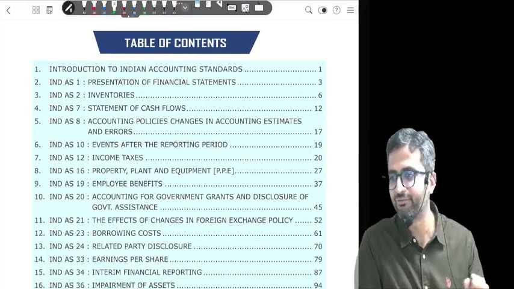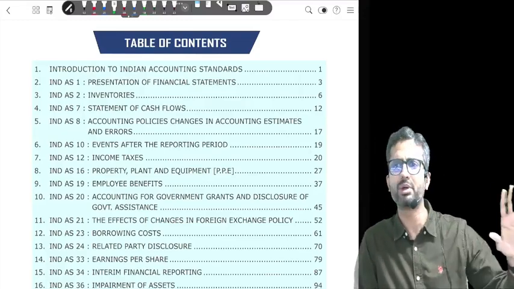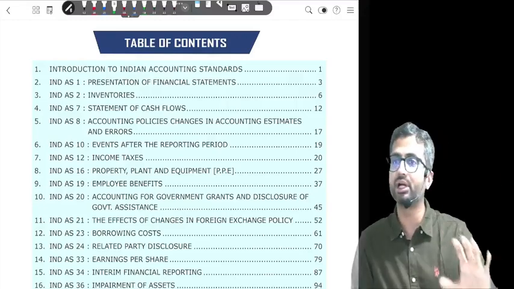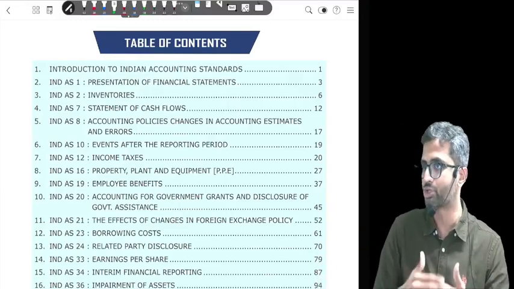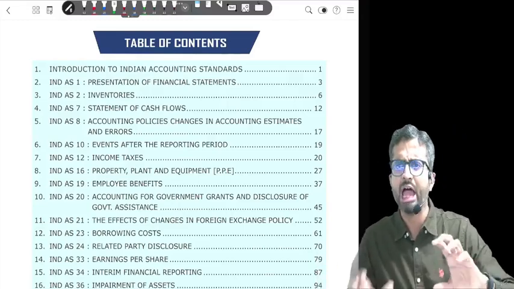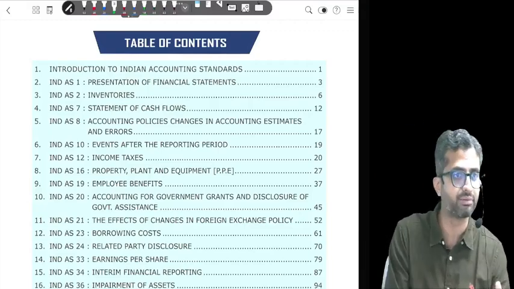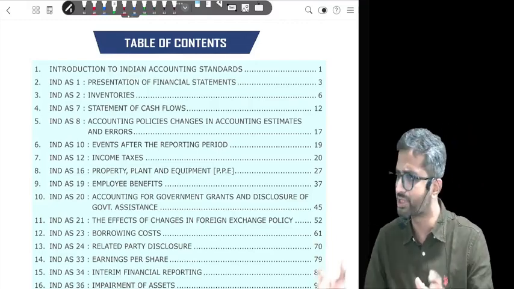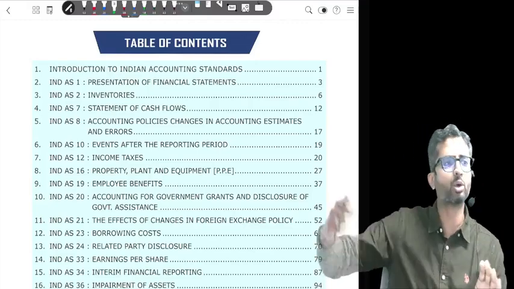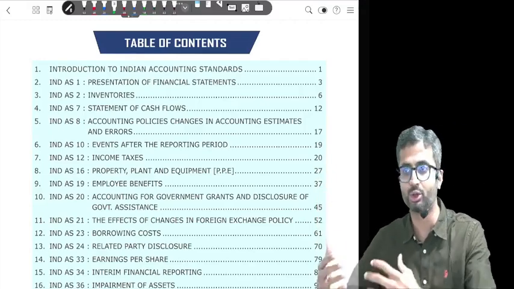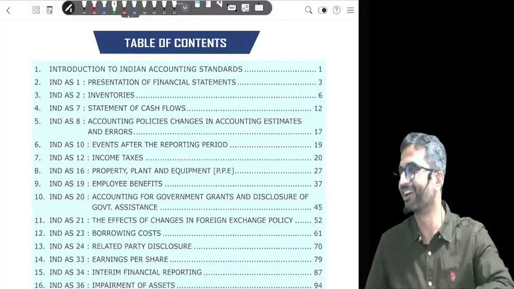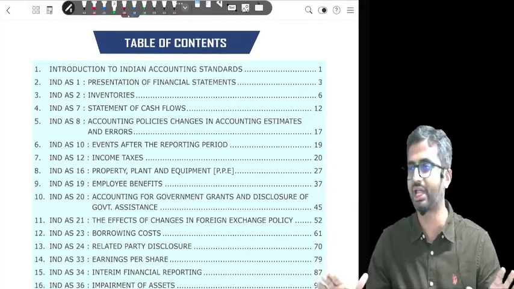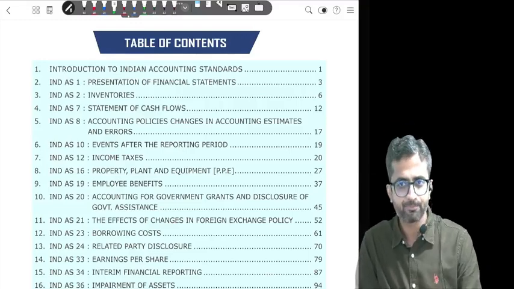So we will start with financial reporting. Before we proceed, we will do a basic introduction to Ind AS and its applicability, and then we go into the core topics. The way we flow through the syllabus, we will first do the asset linked standards: PPE, intangibles, investment property, and all of this. We'll finish the asset linked standards, then go to share based payment and financial instruments. There you may be a little drained out. Then again we come back to standards, then go to business combination and consolidation, and that way finish off this course.